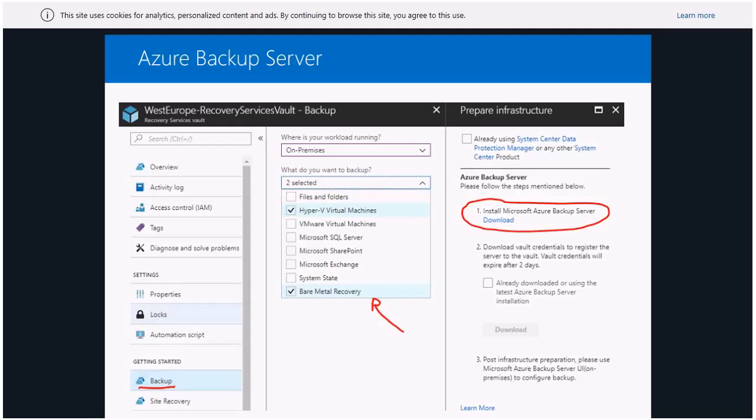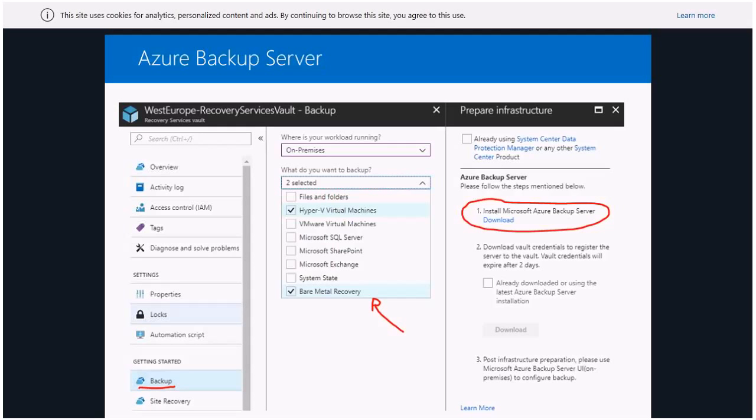As you can see on the top right, now the agent has changed, or in this case they don't call it an agent anymore. Basically I need to download the whole Microsoft Azure Backup Server. It's a little bit bigger, I think it's 4 gigs and something for the installation files. It's not too complicated, and it's kind of the same story.